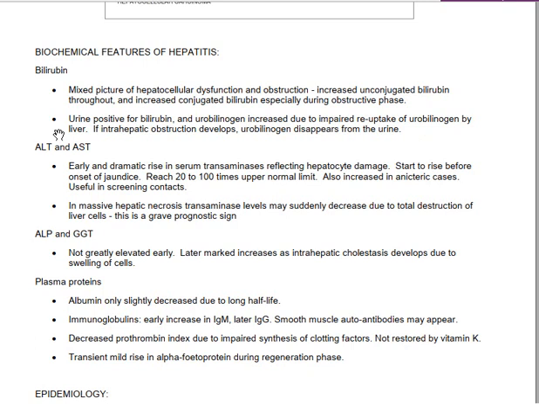Is it clear? And then you need to know that if intrahepatic obstruction develops, urobilinogen is going to disappear. So now, the more the intrahepatic obstruction develops, like in the case of a cirrhosis, as it converts to a chronic hepatitis to produce a cirrhosis, the more the urobilinogen in the blood is reduced. Is it clear? So acute hepatitis is going to be more of both severe and clinical picture mixed together, but you are going to lose the clinical picture of pre-hepatic jaundice where it is converting to a chronic hepatitis,